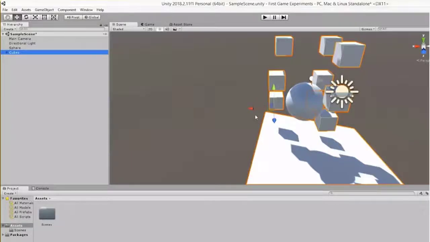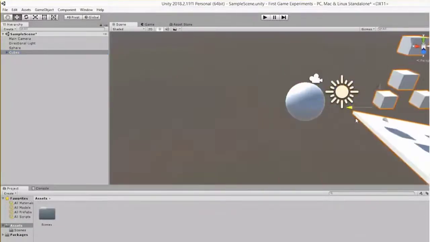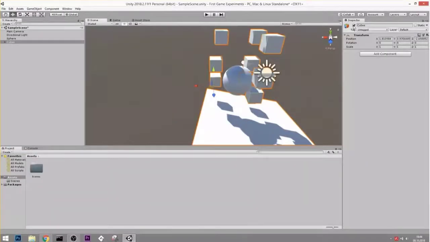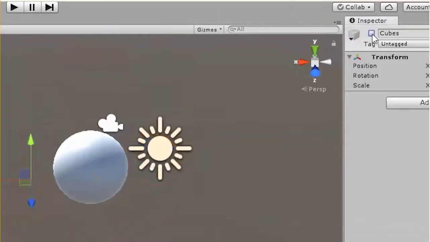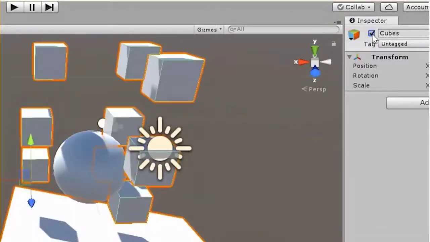Also has the advantage that now you can move all of these objects at once. You can activate and deactivate them all at once. Basically every object has a little checkbox right here. With that you can activate and deactivate the entire object. And another cool thing